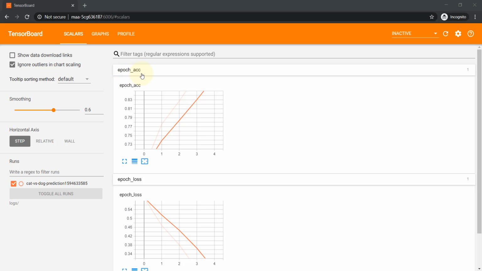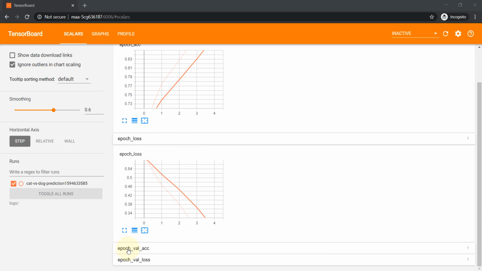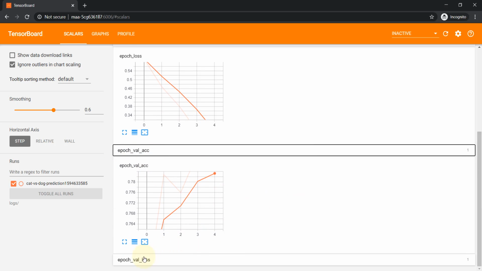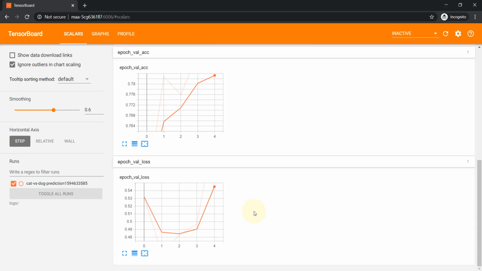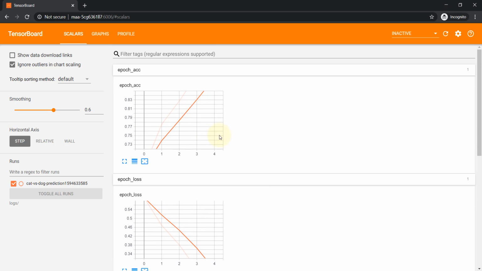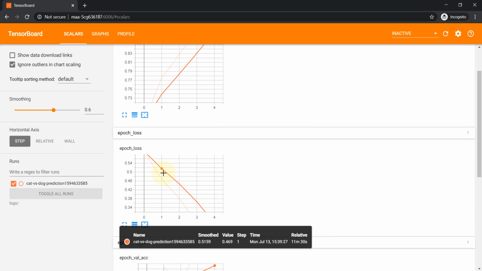One says epoch accuracy and the other says epoch loss, and there will be another section called epoch validation accuracy, and the last one will be epoch validation loss. What these are telling us is that these lines are the percentage of accuracy, and this is the percentage of the loss.